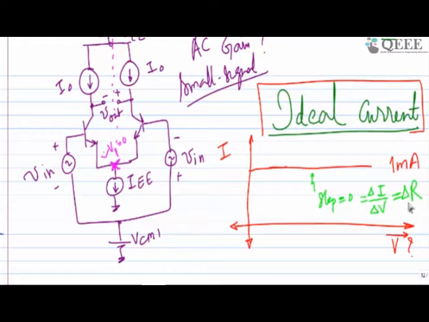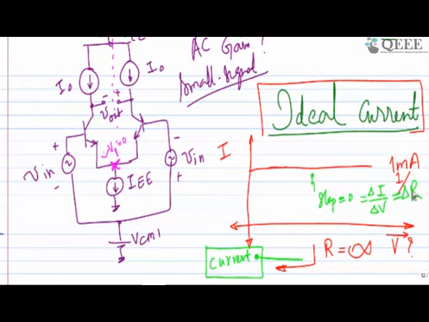When I am talking about seeing the current from an ideal current source, it means this is your box, the current source which you purchase from the market. If you are taking the output from that knob, or maybe from the banana jack connector, you are expecting that if you look inside, the resistance should be infinity. This has to be 1 by delta R, because the slope has to be 0. Slope can become 0 only when your resistance is infinity. This is what I am expecting.